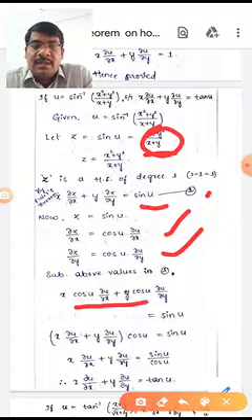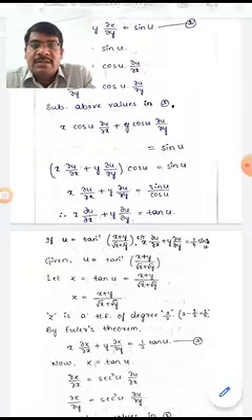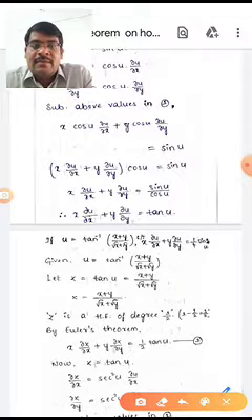In the equation, on the left hand side, cos u is common. We have to keep the common factor, and the rest goes to the left side. We are getting sin u by cos u. Here sin u by cos u is tan u. Here we are getting the result x ∂u/∂x + y ∂u/∂y is equal to tan u.